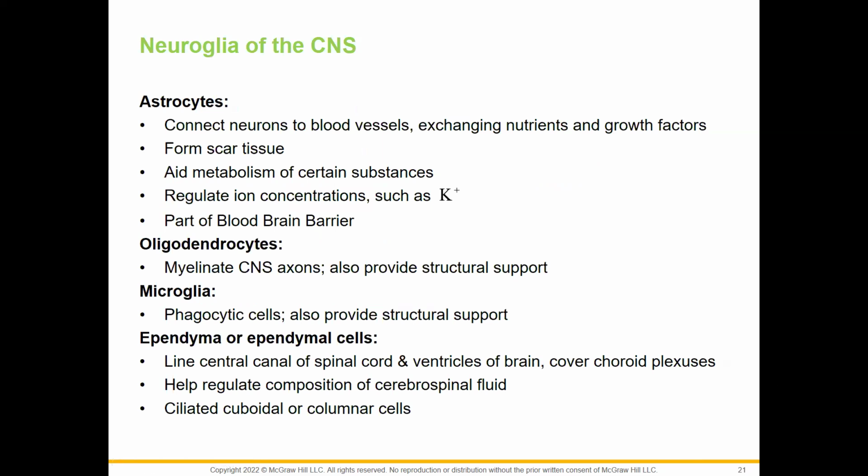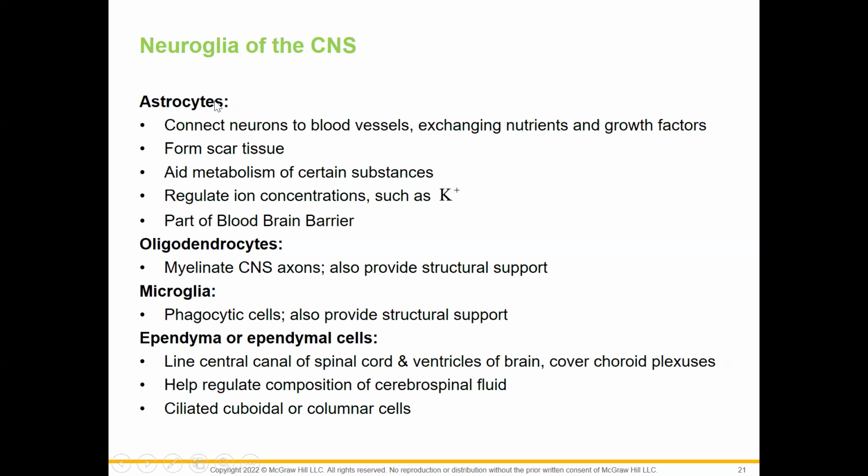Now, some of the cells of the neuroglia, you have astrocytes. Astrocytes are neuroglia that will connect the neurons to the blood vessels so that there's an exchange of nutrients and growth factors. Nerves are not necessarily going to connect directly to the bloodstream to get their own nourishment. You will have some nerves that connect directly to the bloodstream, but typically those cells are going to stimulate the blood vessels, so that the blood vessels can then do their job. So the astrocytes are basically the cells that will feed the neurons